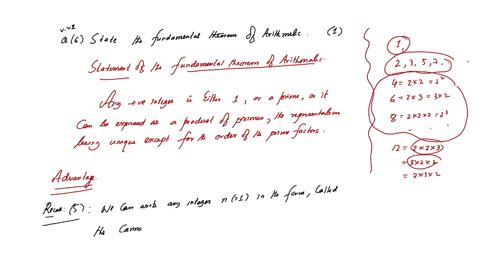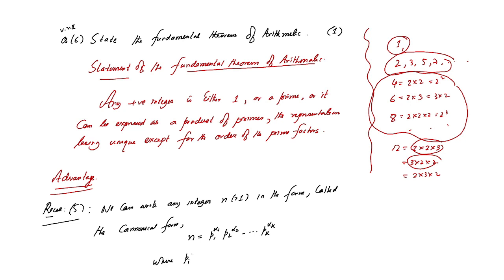And what is the canonical form? n equals p1 to the power alpha 1, p2 to the power alpha 2, up to pk to the power alpha k,